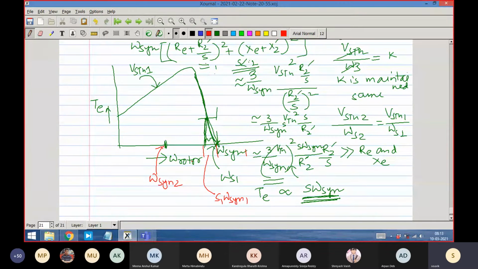So in this case, the machine feels compelled to develop a flux which is higher than its rated flux. Rated flux is decided, as you know, by the material property of the magnetic material, in this case iron, right? And the construction, that means the cross-sectional area, which is predetermined.